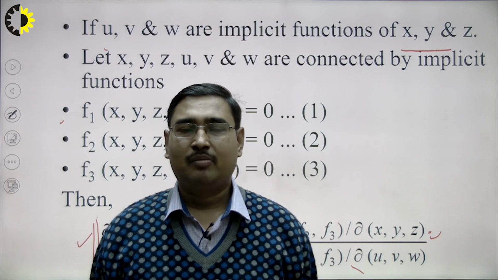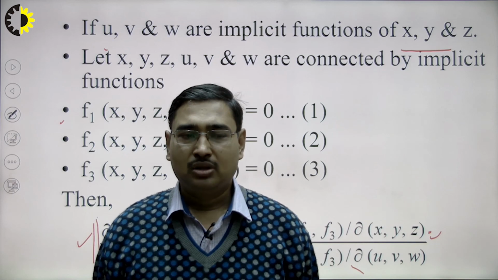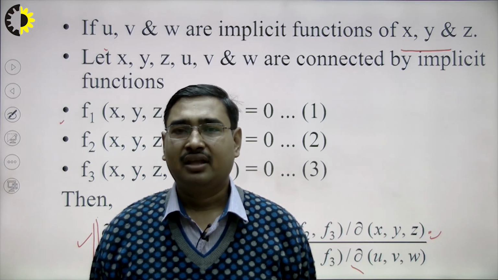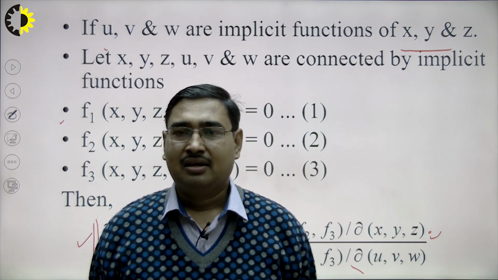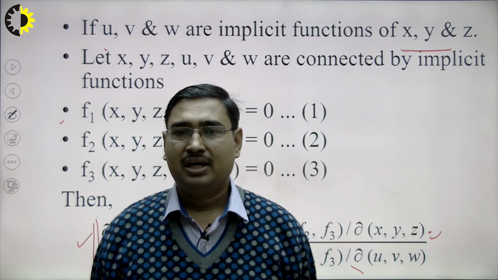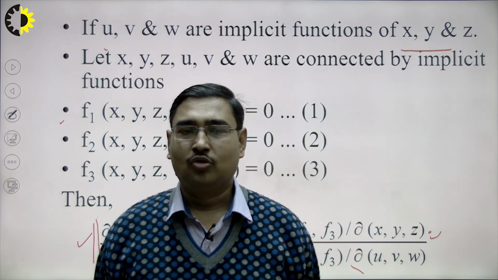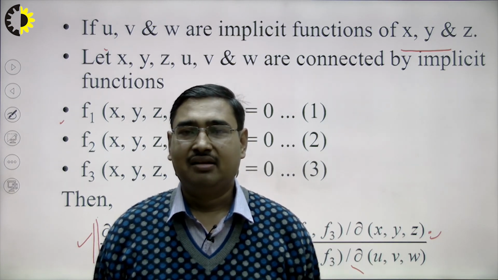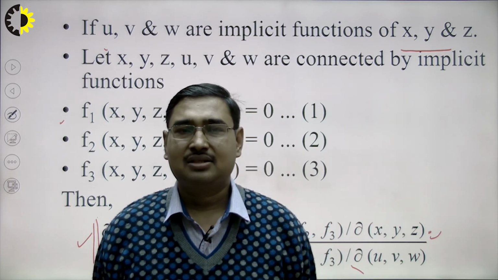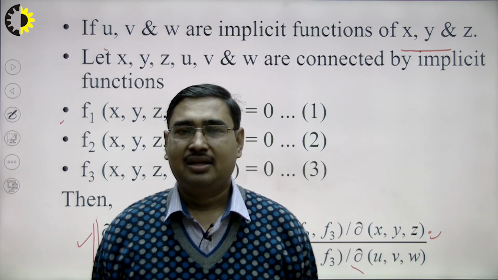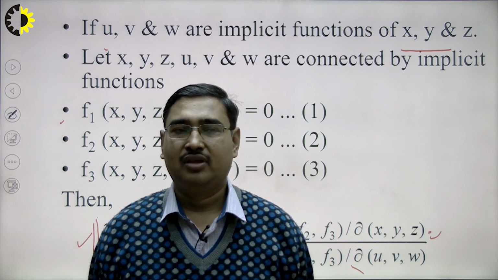Now we took the last property, which is most important, and the property is regarding implicit functions. Through this property, we have understood that if 3 implicit functions are there involving x, y and z as independent variables, and u, v and w as functions of those independent variables, then still we are able to find the Jacobian del(u, v, w) over del(x, y, z) with the help of this property. In the next lecture, we will take examples to understand this property, and that will wind up this topic, and then we will move towards the next topic of the module. Thank you.